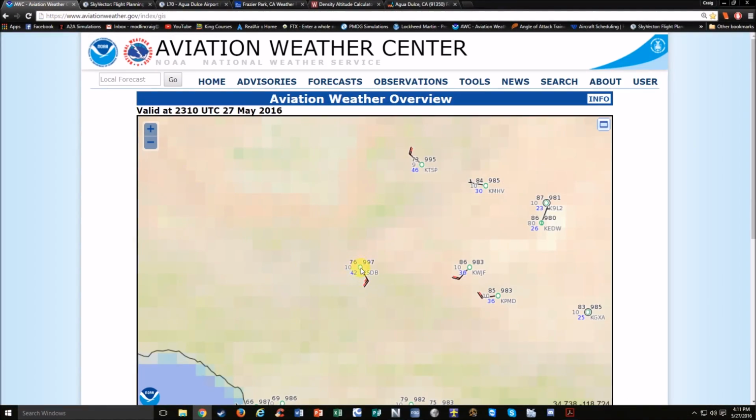So we go back to that, click on this. This is on the 27th at 2248 Zulu. We've got winds from 150 at 13 gusting 23, and this is at 4,000 feet. Gusty winds like this at these speeds through the mountains can start getting rather turbulent. This is kind of the limit that I would stop flying. It'll get pretty bumpy. 10-mile visibility, clear skies, temperature 24, dew point 6, altimeter 29.97, and